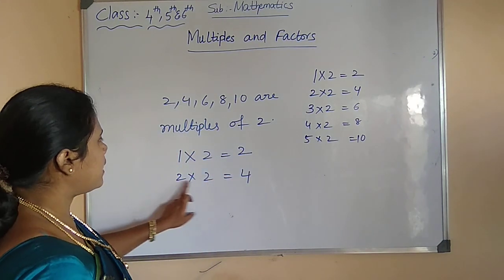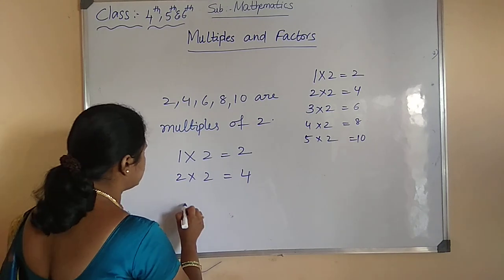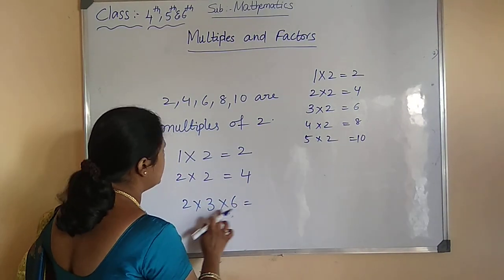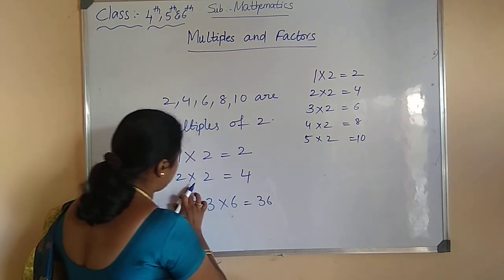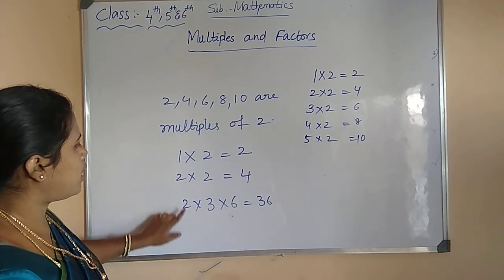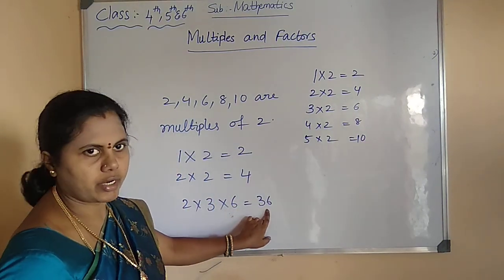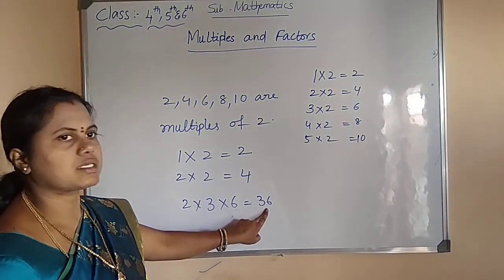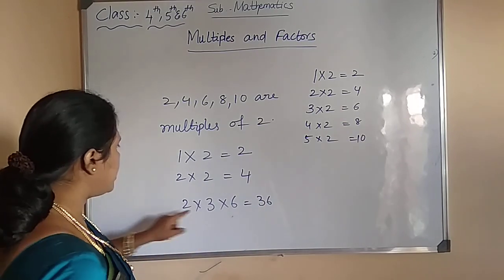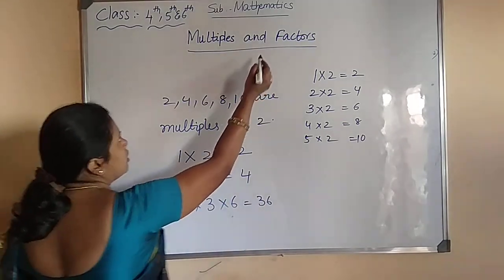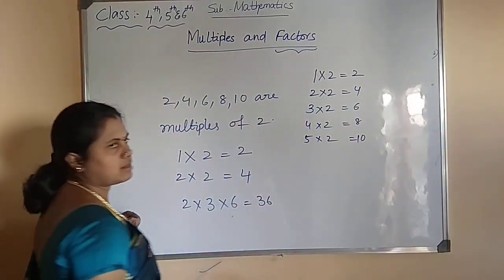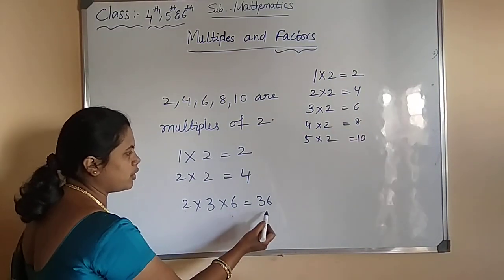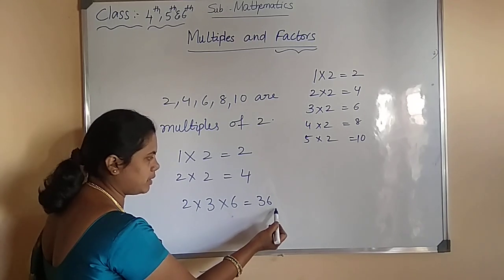If you multiply 2 or more numbers, for example 2 into 3 into 6 is equal to, 2 3s are 6, 6 6s are 36. If you multiply 2 or more numbers, you will get a product. This product is called a multiple. And one more thing, we are going to discuss factors. And the numbers which we are multiplying to give the product are